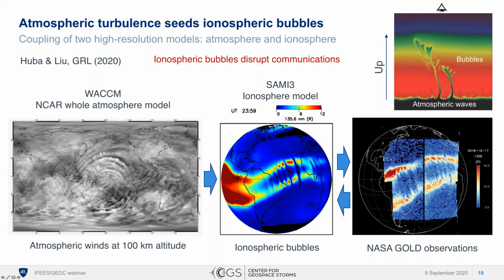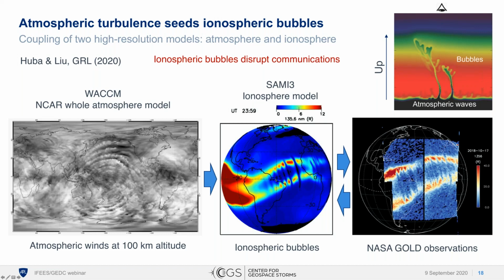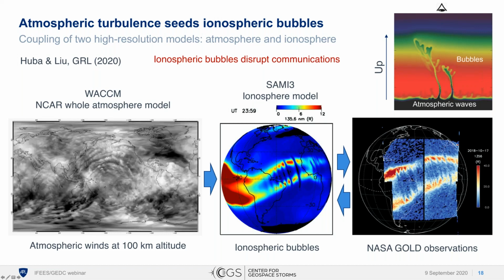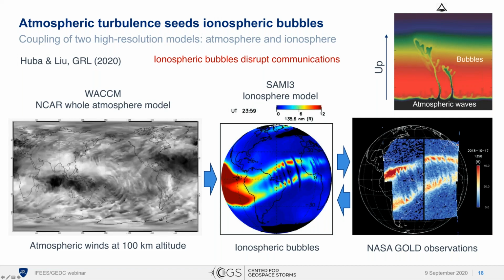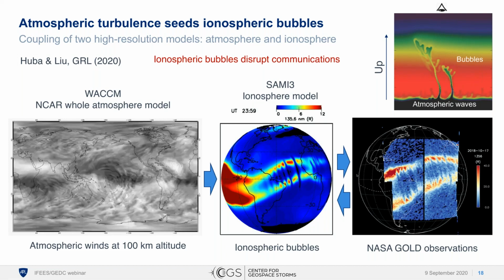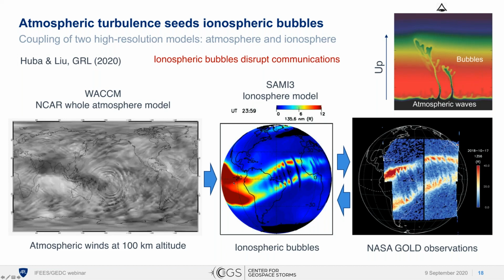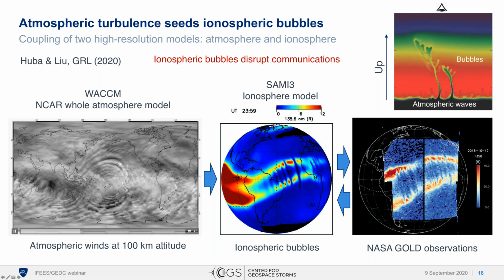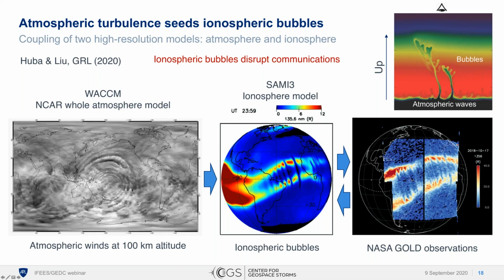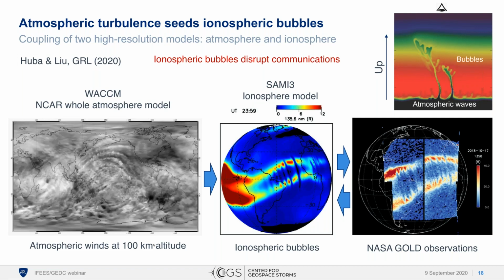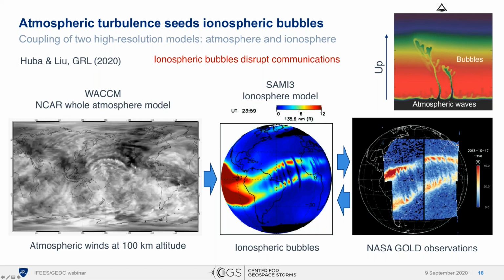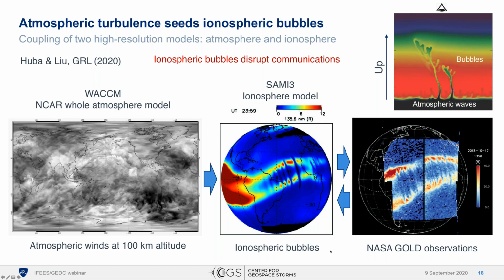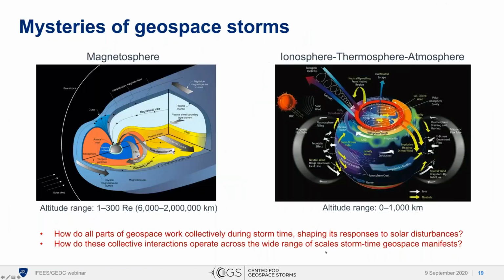And so what you see here is this pattern of bubbles, looking down from space on a globe in the model. And this is from actual NASA mission GOLD observations. You can see how incredibly similar they are. So this is another example where coupling models that cover different regions of geospace at very high resolution results in these very realistic looking simulations that actually make space weather predictions. So I'm going to start wrapping up here,